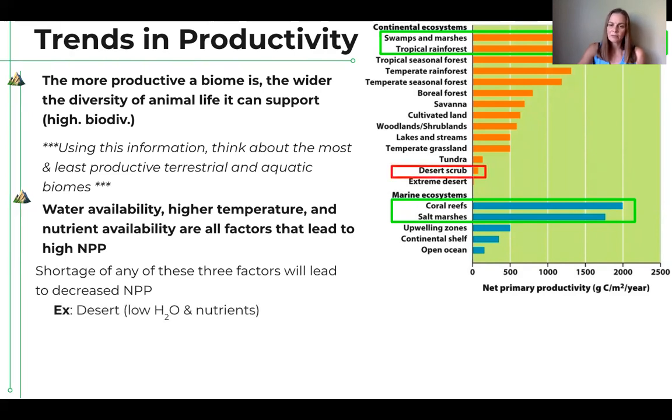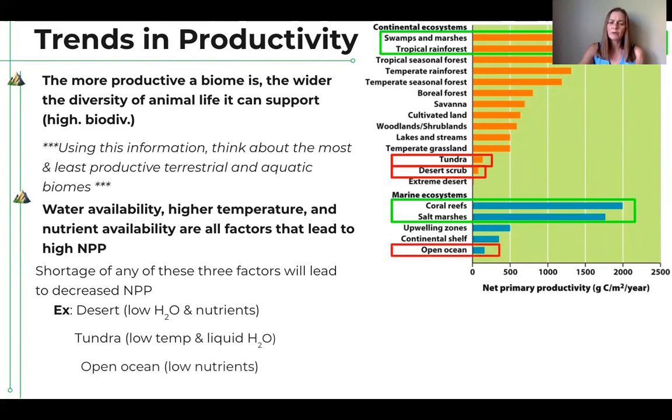So when we think about the desert, it has extremely low water availability and very low nutrients. When we think about the tundra, it has very low temperatures and very little liquid water. And when we think about the open ocean, it has very low nutrient availability. So I want you guys to think about the open ocean when we think about net primary productivity. So although the open ocean has very low net primary productivity in terms of grams of carbon or kilocalories per square meter per year,